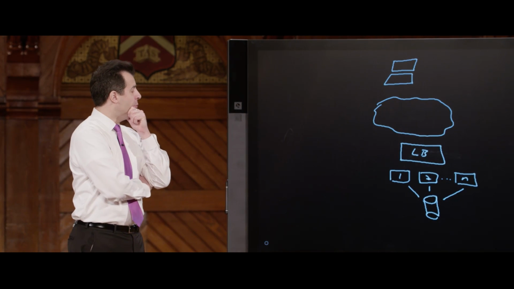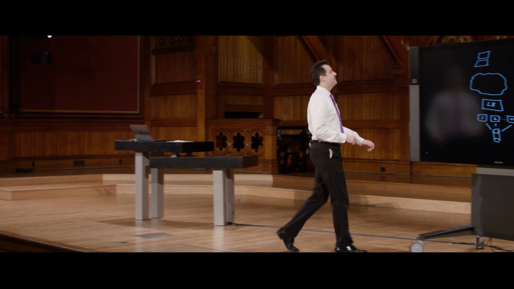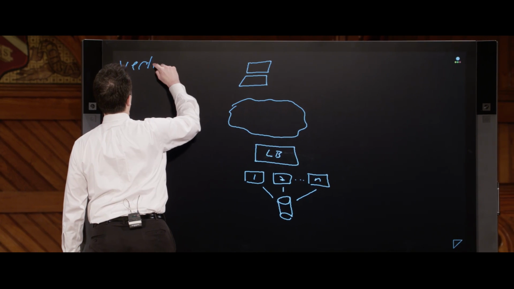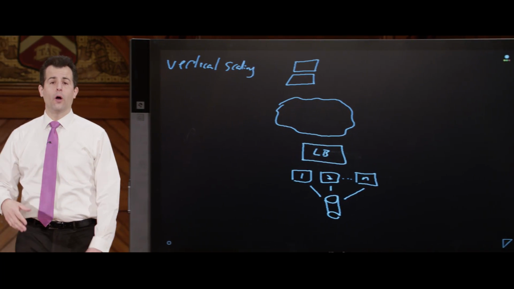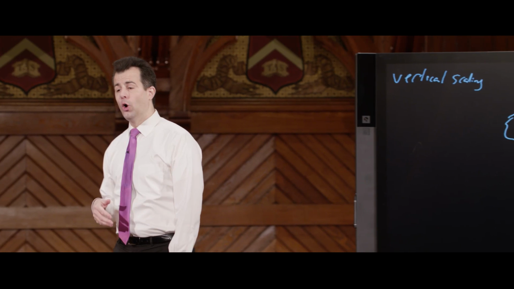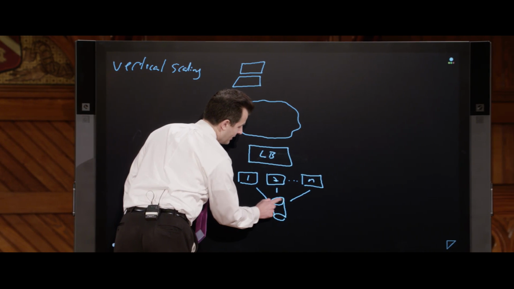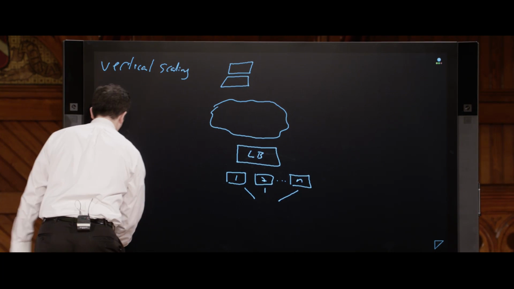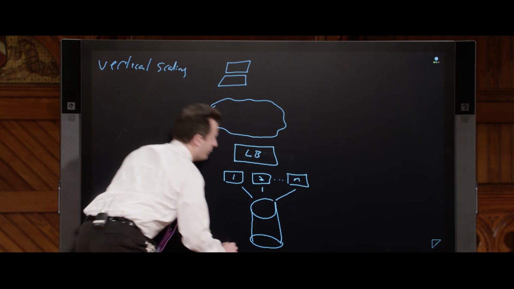Well, what if one database isn't really enough? Well, we could take the approach of vertically scaling our architecture, which is another piece of jargon in this space. So vertical scaling means if your one database isn't quite up to snuff and you're running low on disk space or capacity because the numbers of requests per second are, of course, limited, you know what you can do? You can go ahead and disconnect this one and put in a bigger one